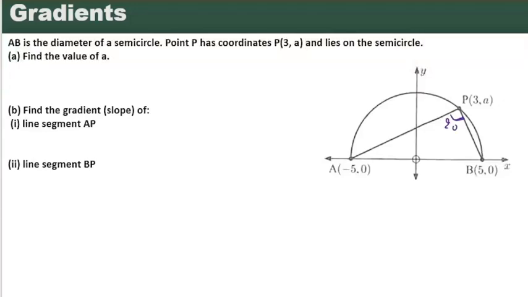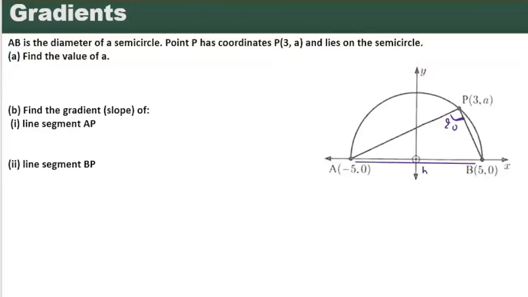So for triangle APB, I have a right triangle, and for a right triangle, I can use the Pythagorean theorem. The Pythagorean theorem says the hypotenuse, which is opposite the angle of 90,